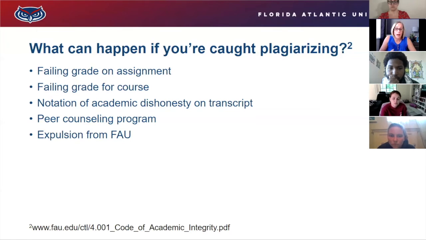Students are able to have that academic dishonesty notation removed from their transcript if they complete a peer counseling program that the Division of Student Affairs administers. But the grade doesn't change, okay? It's just that notation will go away on your transcript to outside people. There'll still be an internal notation for FAU on your internal FAU records, and your grade will still be a failing grade. And then if there are repeated instances of academic dishonesty, a student can be expelled from